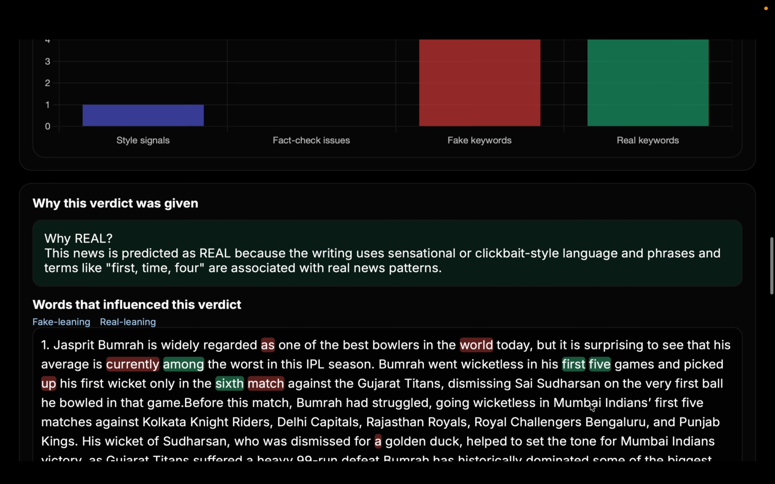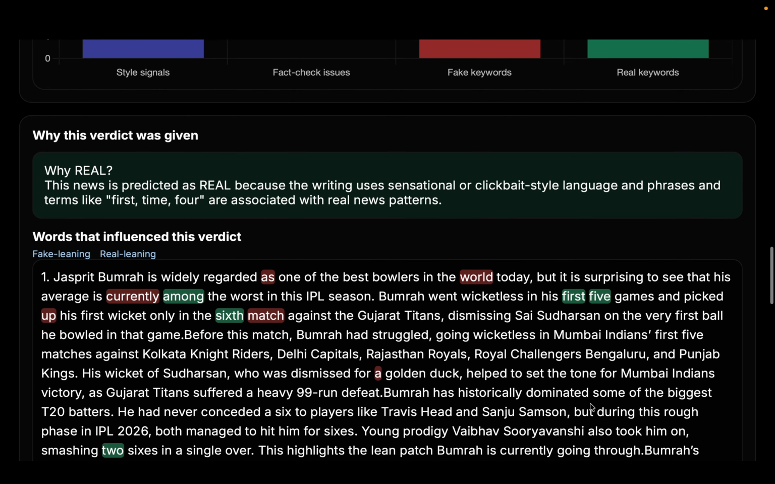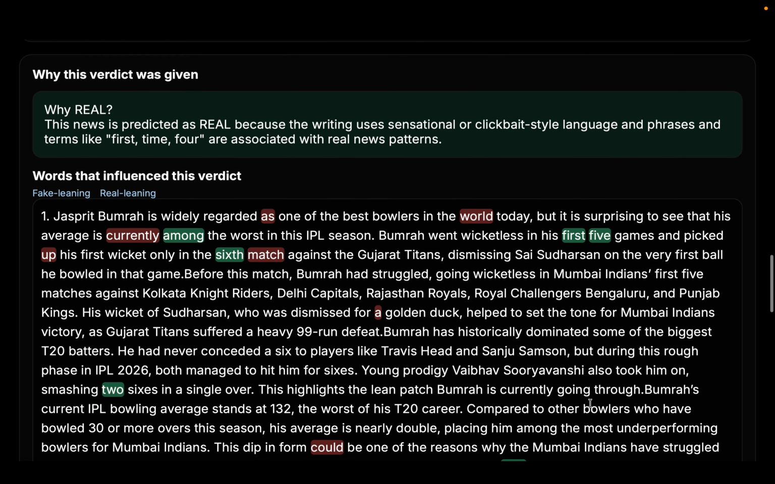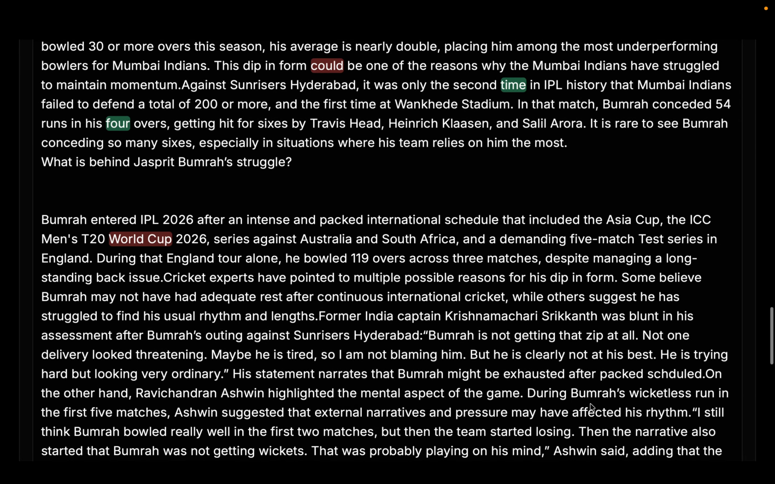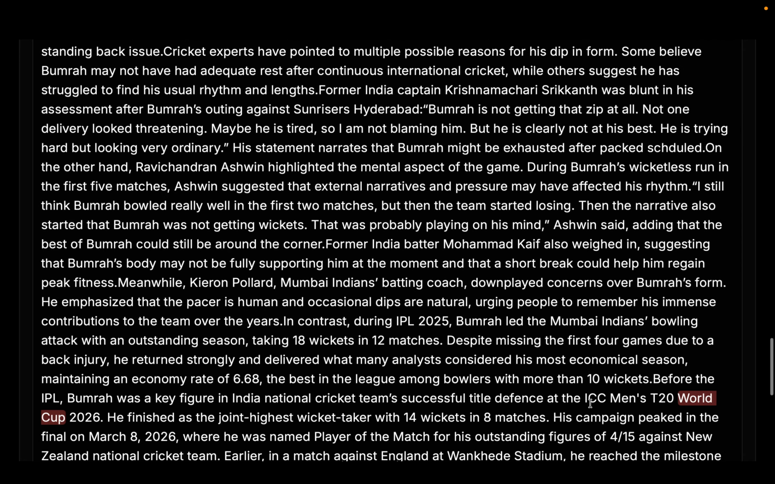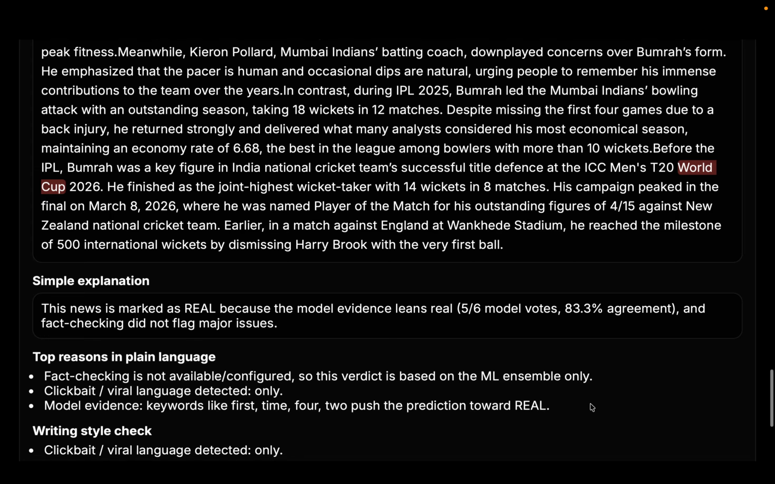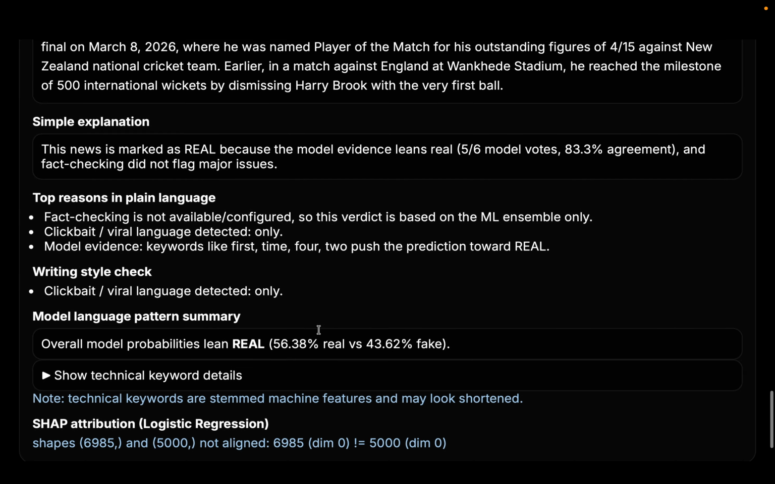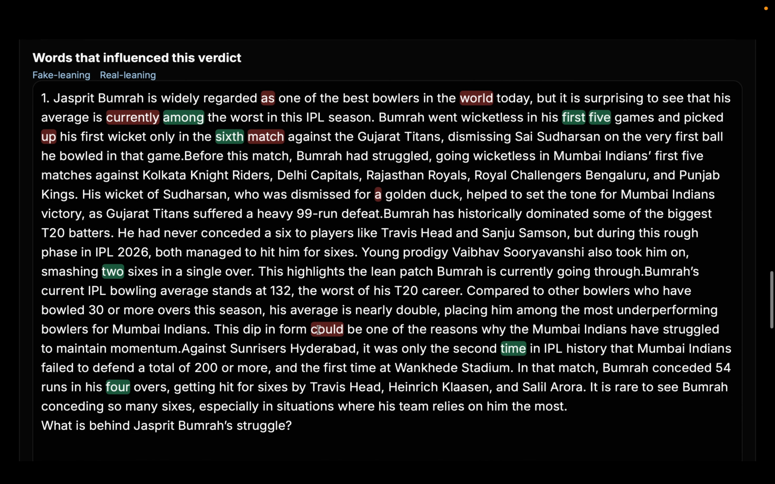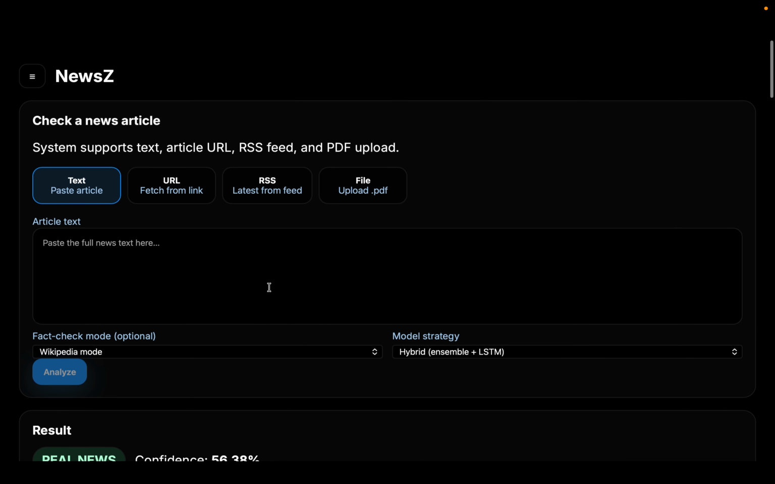And as I told, it will just show why it is real. So it is just giving a breakdown of why this news is real news by showing these and so things, why each and every word is termed as a real one. And yeah, you can clearly see 5 out of 6 model votes with 83% of the argument and